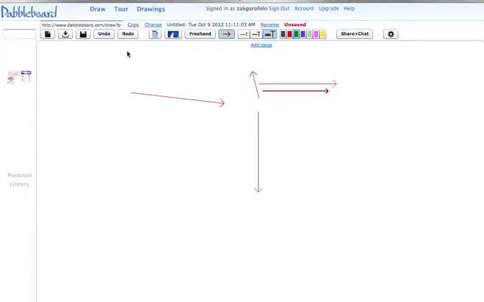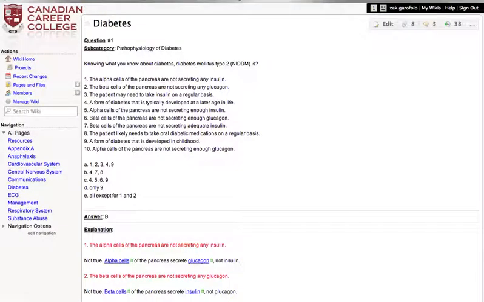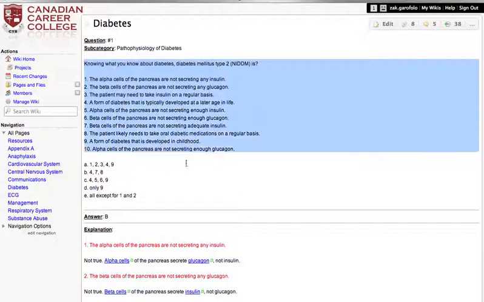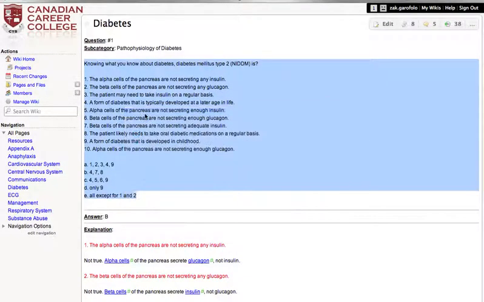Let's see what it looks like now if we're going to be using it for creating our questions. So I'm going to come in here to our Wiki Spaces, and I have a question here that I created in Wiki Spaces, and I want to bring it into Dabbleboard because I want to make a short video explaining the solution to this question. So all I'm going to do is I'm going to highlight this question here with the responses,